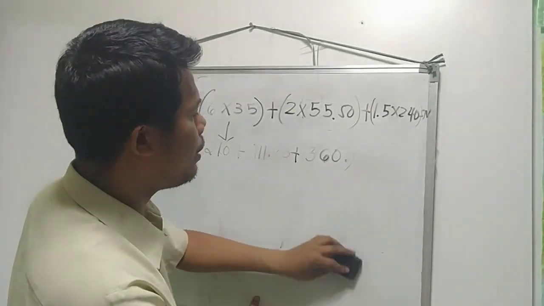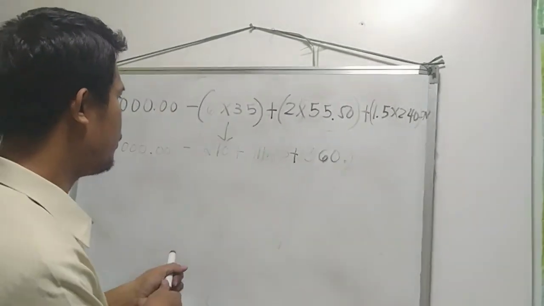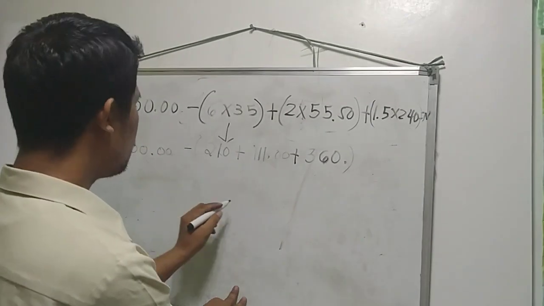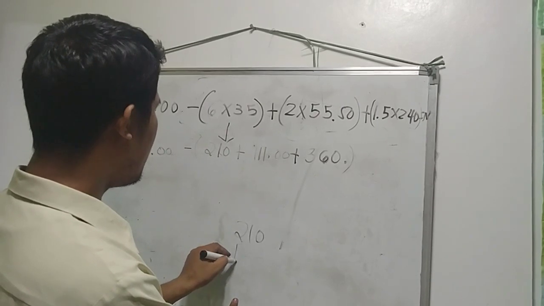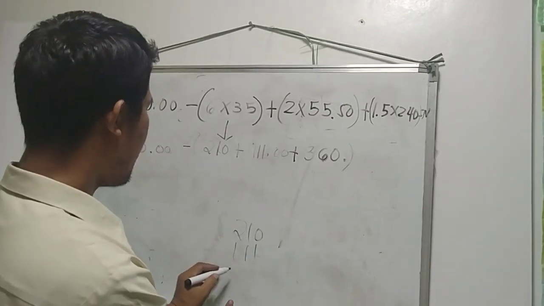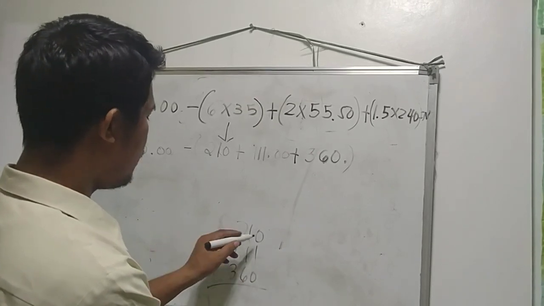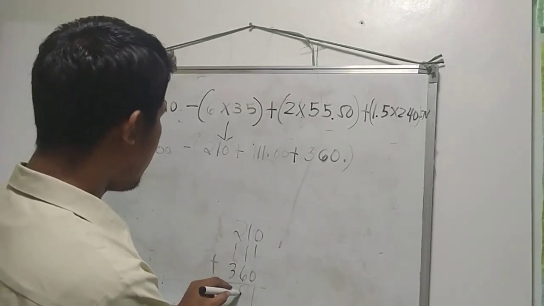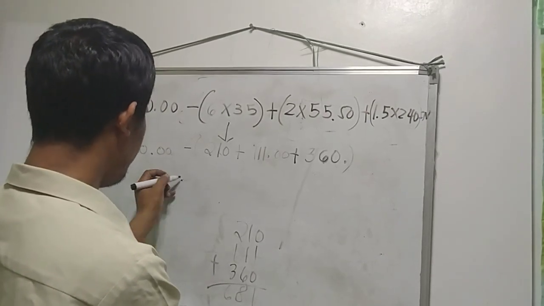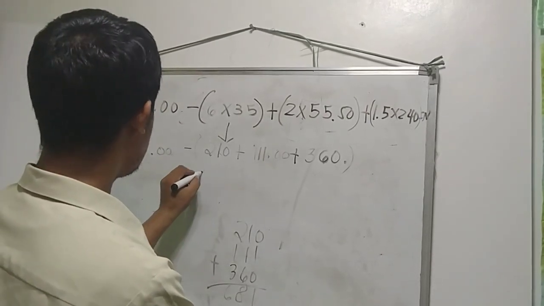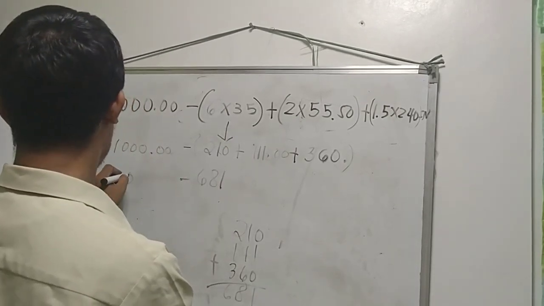Okay, very good. So, we are going to get the sum, or we are going to add. So, we're going to align this one: 210 plus 111 plus 360. Then add. So, we have 1, 8, then 6. So, we have 681. So, 1,000